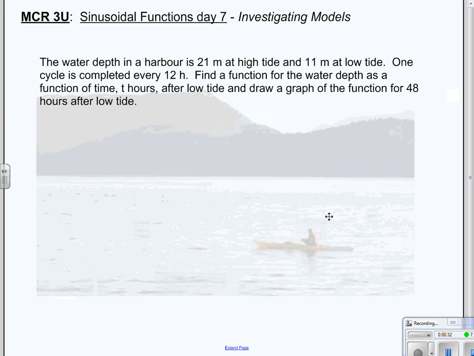I would look at my word problem for a moment and glean the information and make a list of the things that I know. So I know that I have a maximum depth of 21 meters and a minimum depth of 11 meters. You could talk about a peak and a trough, maximum, minimum, doesn't matter, but you've got those two highs and lows. So you know that in between those two, the axis of rest